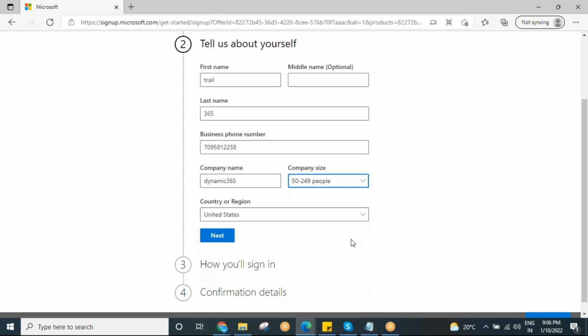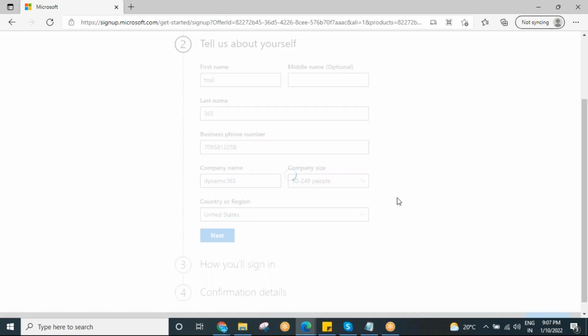Whatever region you want, you can select while creating the CRM instance, because if you select some region here, the backend servers and backend application will be hosted in the respective region. If you select United States, your application will be hosted in the US region. If you select India, your application will be hosted in the ASEAN region, because they have servers across the globe. Now if I click on next here,